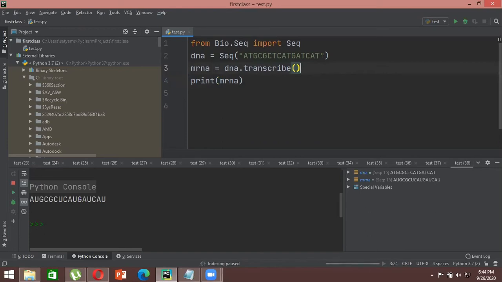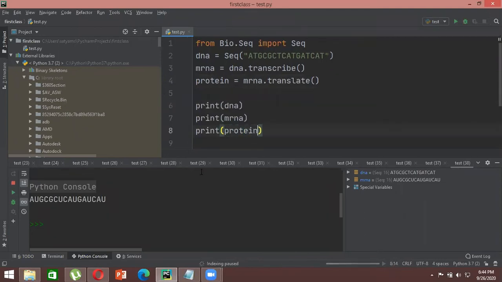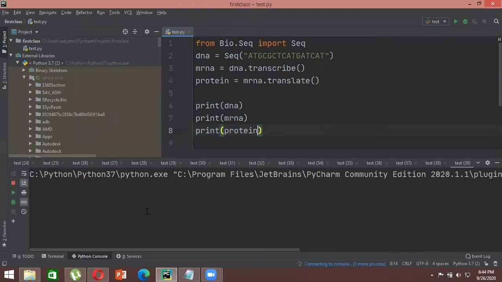Now let's say we want to do the translation as well. Okay. So for translation we have protein, and then obviously translation involves your mRNA, so you have to call your mRNA code here, like mRNA sequence, and just do dot translate. So this will translate your mRNA into protein. So let's say we print all three together, let's say DNA, mRNA, and protein as well. Okay, so once you print it,